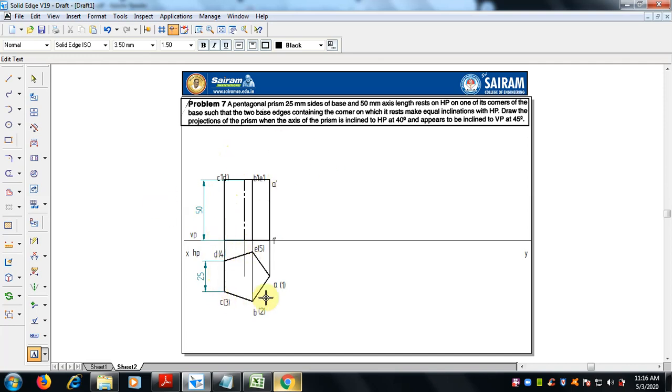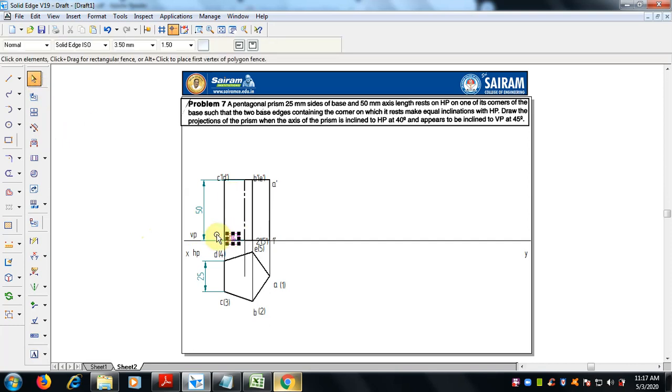Bottom, let me do for 1, 2, 3, 4. Here it is the corner only, 1. If you see, 2 is at the front, so 2 is visible, 5 is invisible. So 2 dash, with 5 dash in brackets, and here 3 and 4 are there. So 3 dash is visible in the front view, and 4 dash is hidden.